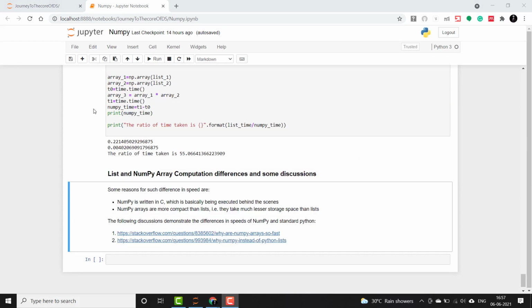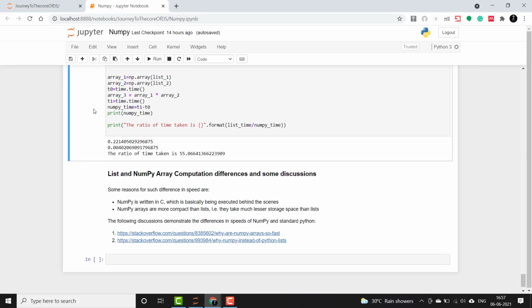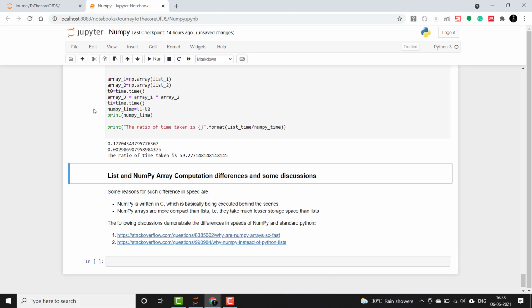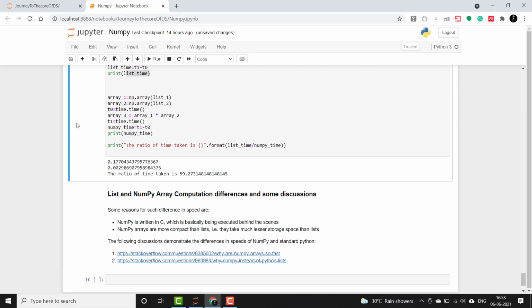So guys, please remember these numbers are variable and it might be something else on your machine, depending upon the resources you have on your machine. Even if I execute it a second and a third time, the results may differ according to the resources the other applications are using. Now let's move on to the discussion part. Let's discuss why NumPy is much faster than the list. In this case it's an order of magnitude faster than the list, but this can be even much faster when billions of records are taken into consideration.